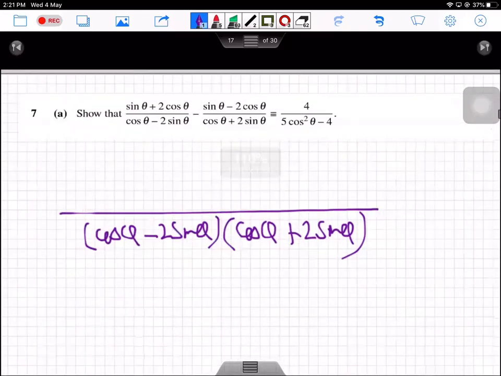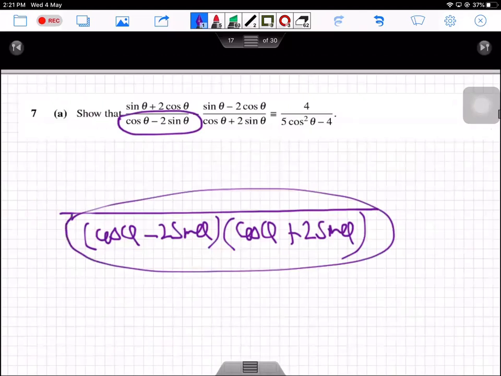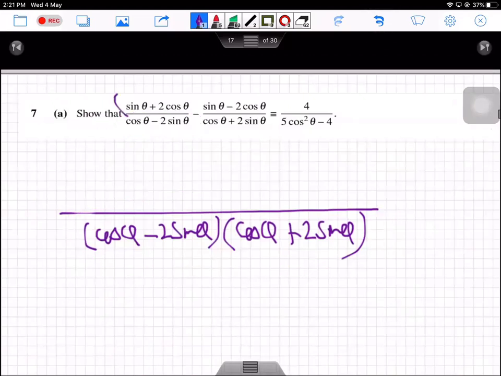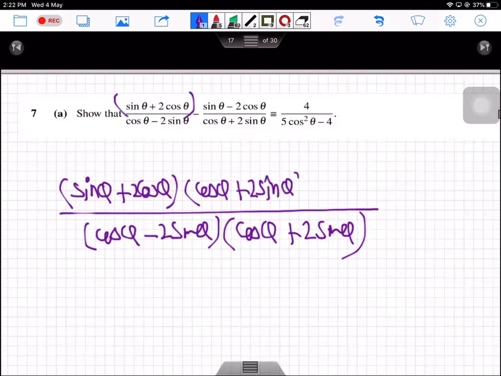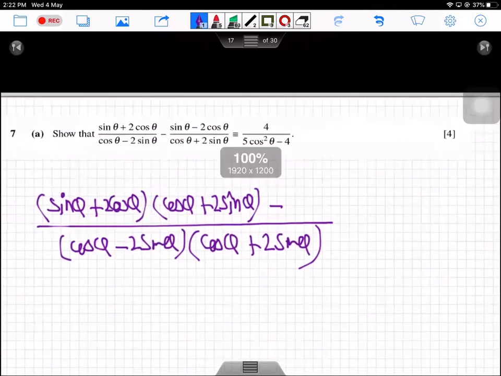So cos theta minus 2 sine theta is multiplied with cos theta plus 2 sine theta in order to give you this complete denominator. So obviously the numerator over here will also be multiplied by cos theta plus 2 sine theta. So I will write it like this: sine theta plus 2 cos theta multiplied by cos theta plus 2 sine theta. And then we have a negative sign. Okay, so minus sign over here. And then